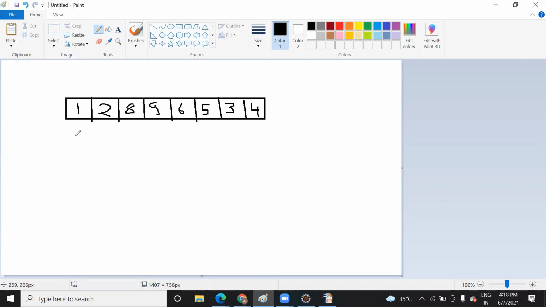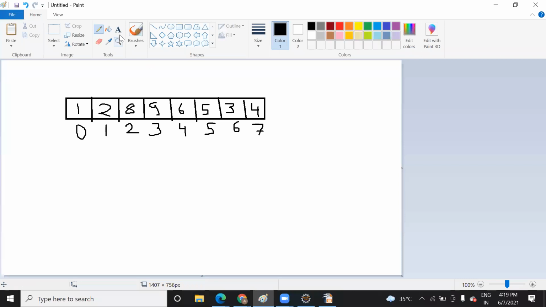So each cell is holding data, and each cell is identified with one number that is called an index. This index will help us identify in which cell the data is present. This complete block is called an array. Inside this block, it is divided into equal-size cells, and each cell is holding one piece of data. As you can see in this array, all the cells are holding data of integer type. So you can say it is an integer type.